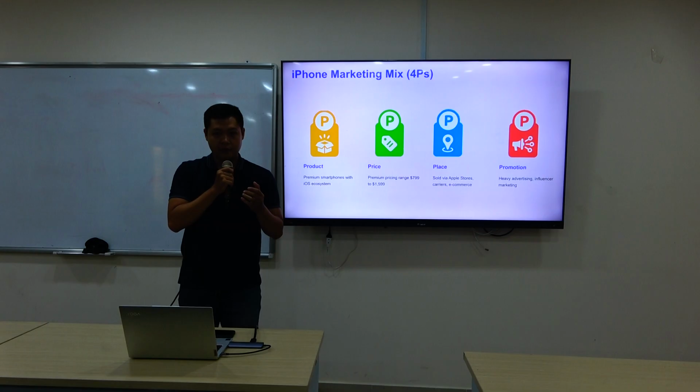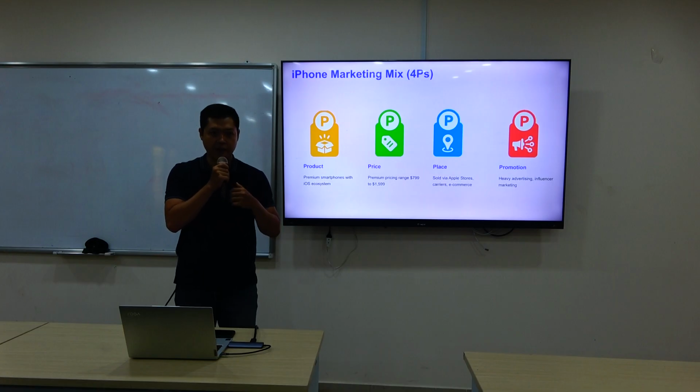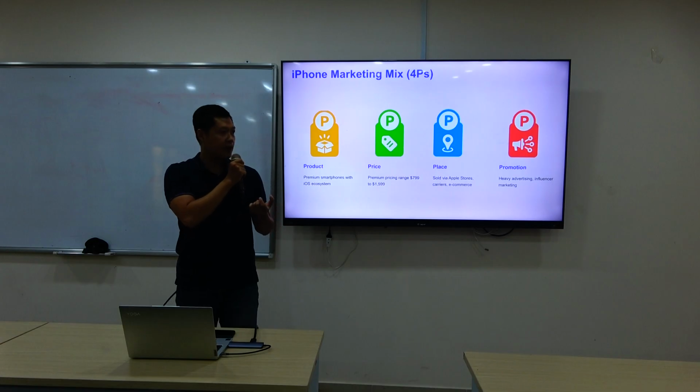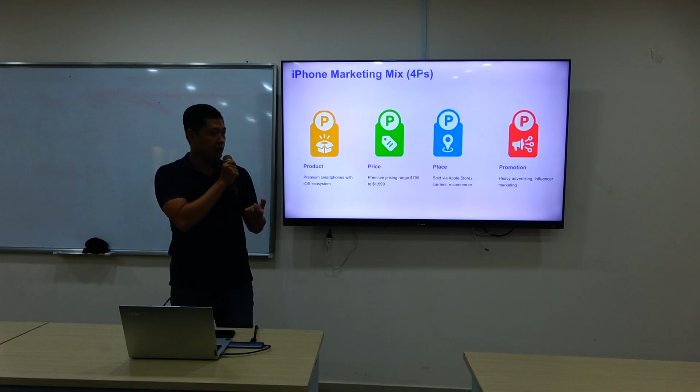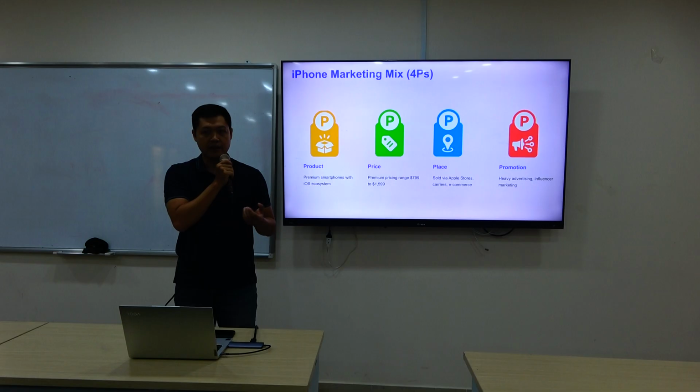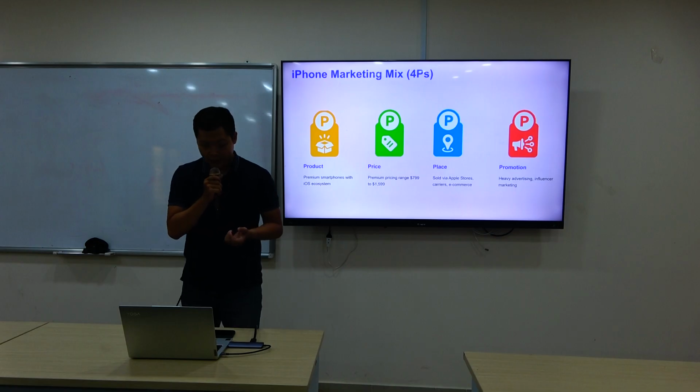About the price strategy, Apple's pricing is the best way to differentiate the iPhone from other phones. They position the iPhone as the luxury value phone in the world, and many people desire the iPhone. As for the place, beside authorized stores in other countries, they now also plan to build other channels like e-commerce or other online websites.